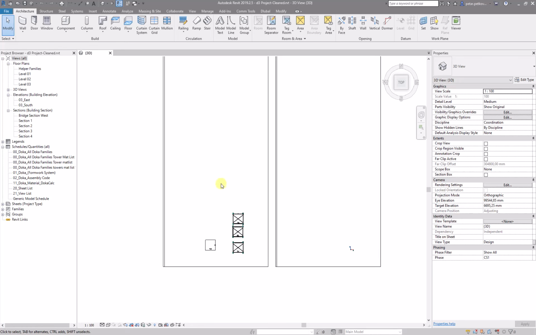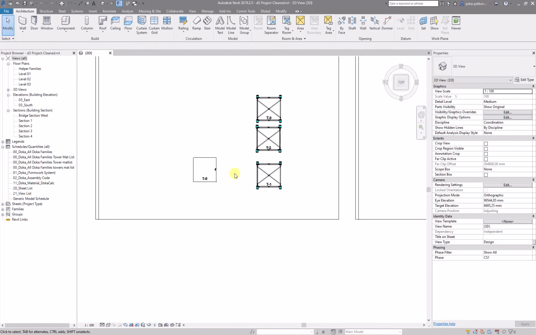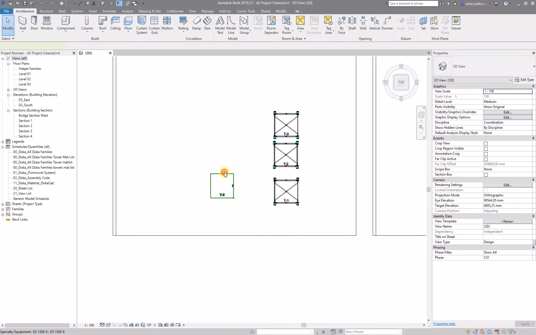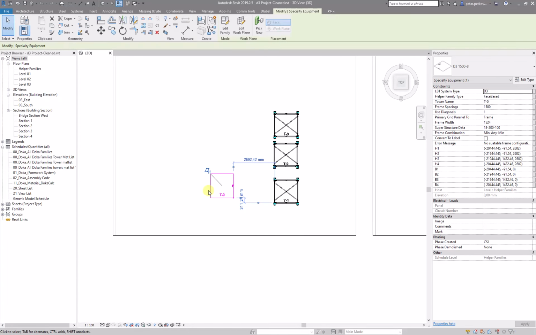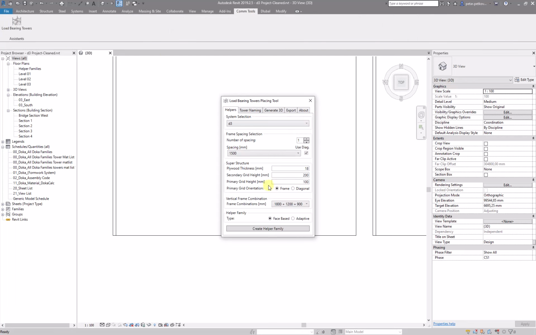Hello, in this part I will show you a bit more advanced things about the load bearing tower placing tool. So this first thing will be the error messaging. So this tower, actually I'm gonna just delete it and create a new one, and I'll show you how the